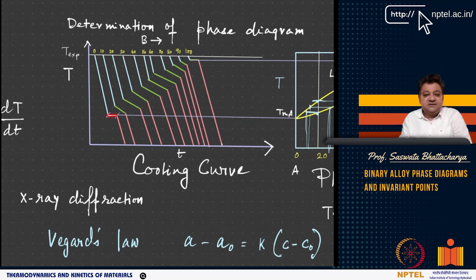Why? Because at the freezing temperature of A, during the liquid to solid transformation, as we have already observed before, latent heat, or heat of transformation, is given out. Now this heat is given out while the furnace is cooling. So giving out the heat also raises the temperature. As temperature is dropping within the furnace, because of this latent heat evolution, there is a temperature that goes up.